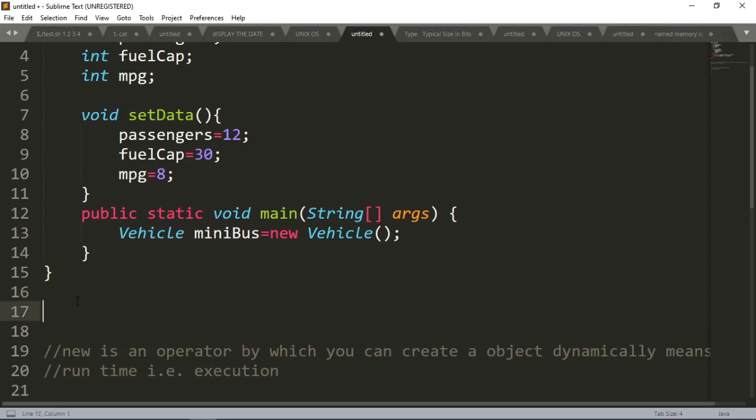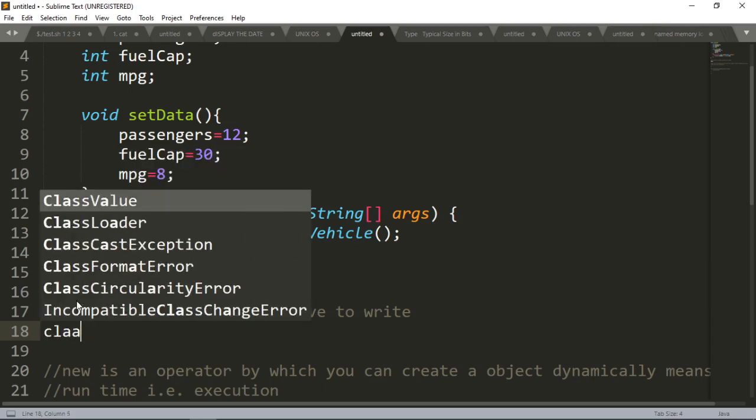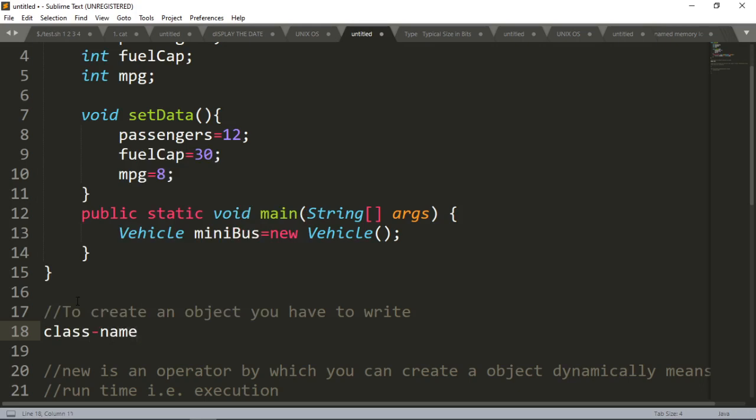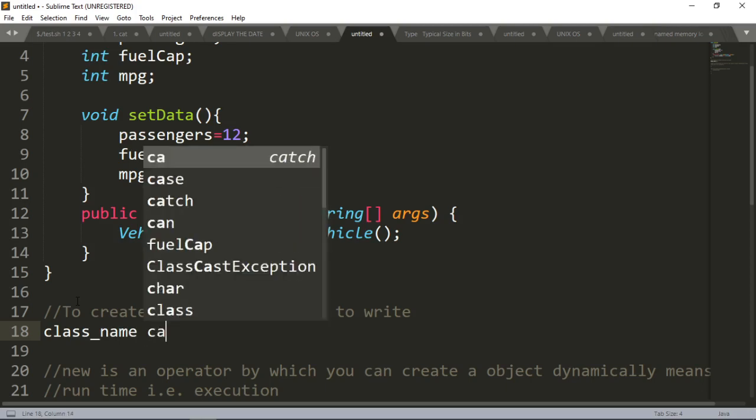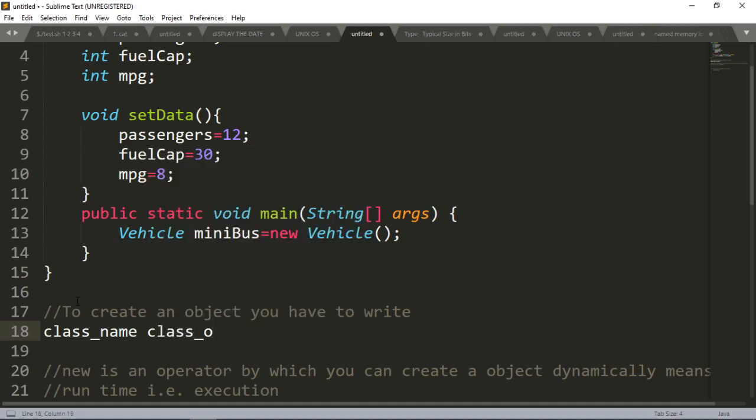So to create an object, you first write the class name, then minibus, which is the class variable or the object name.